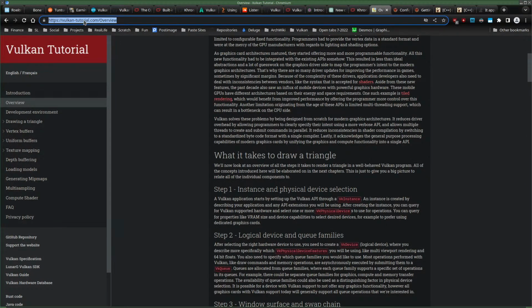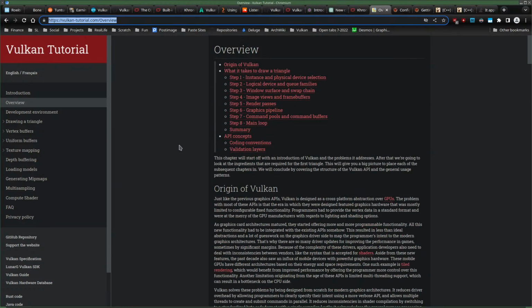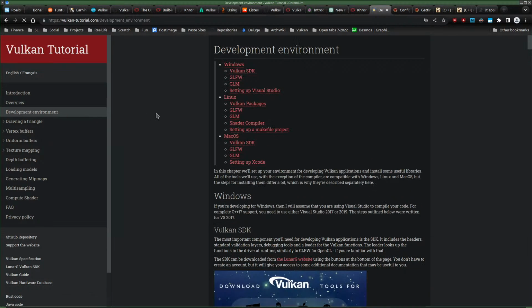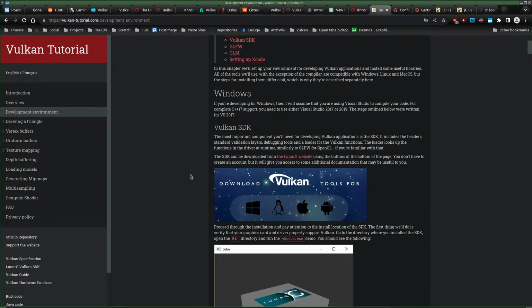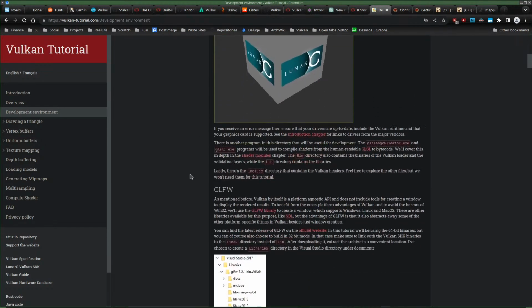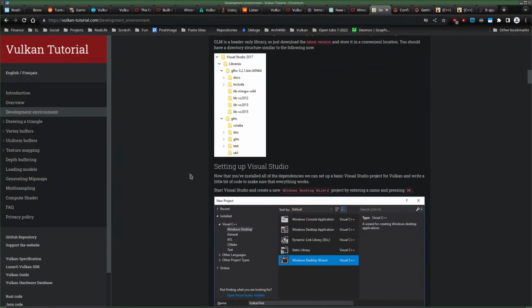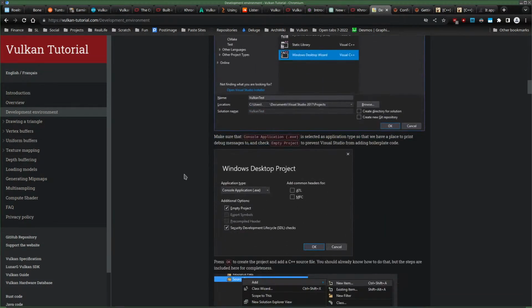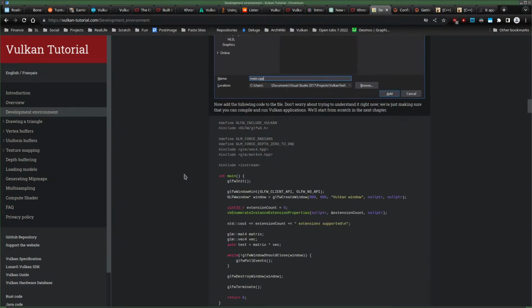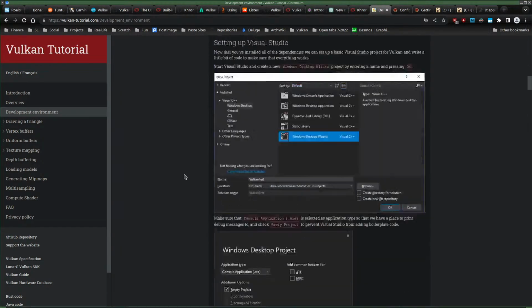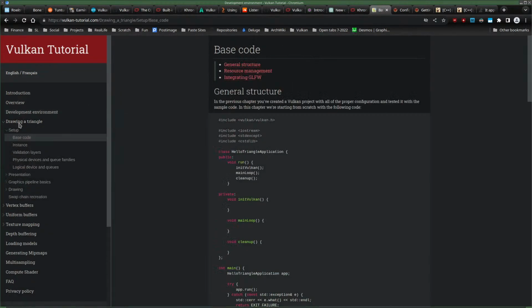Then at least the guy gets something back from my side, a link. Development environment, yeah, that's gonna be Linux. I won't talk about that, I think. I want to go straight to the triangle here.